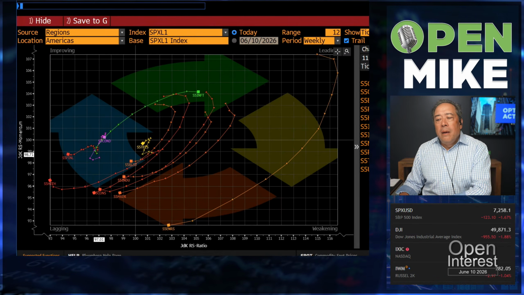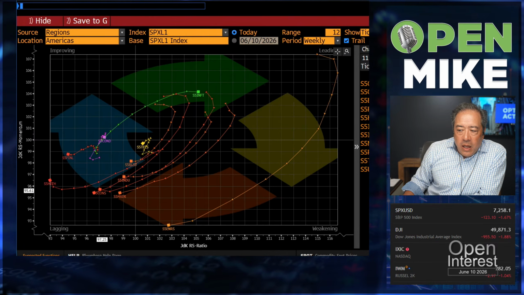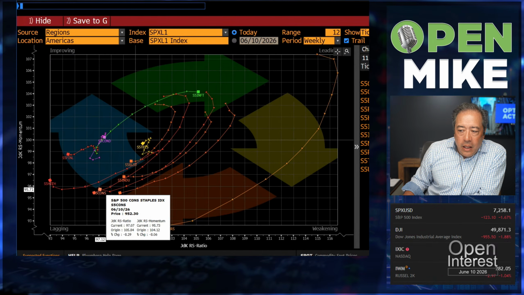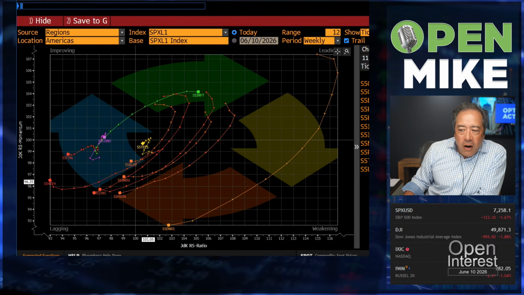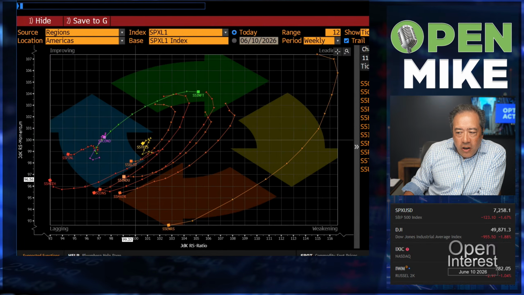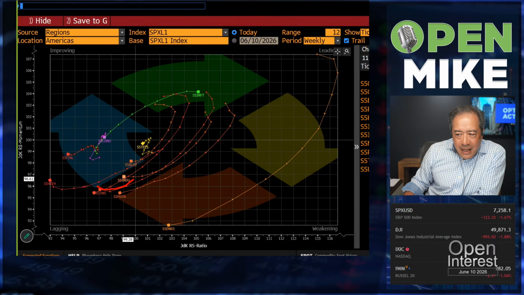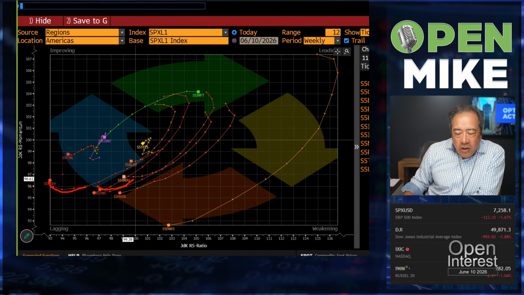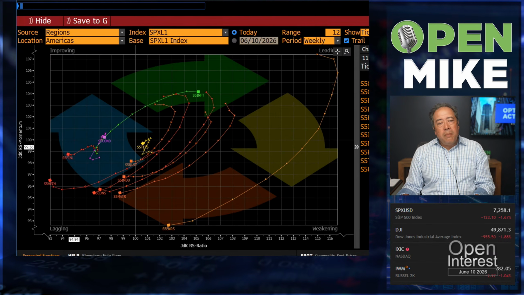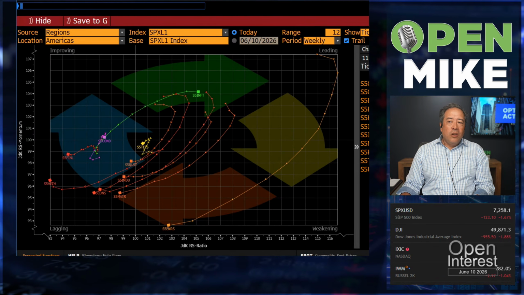Okay, what's next? I look at this chart and I would say that this looks to me like staples, they're just starting to turn. That's what you want to see. Healthcare, just starting to turn. Actually, you know what? I'm glad you brought this up. Why? Because I suggested taking a look at Cigna,